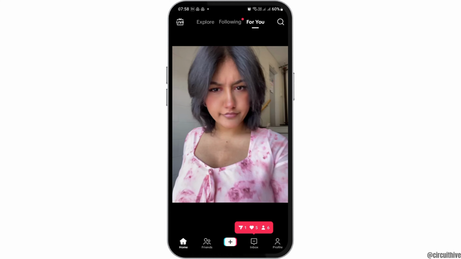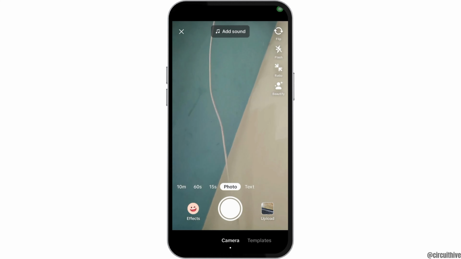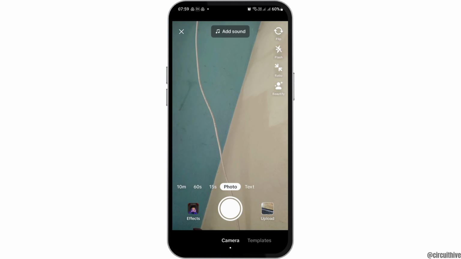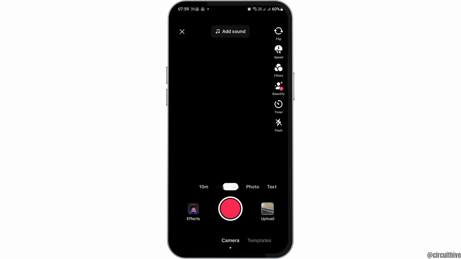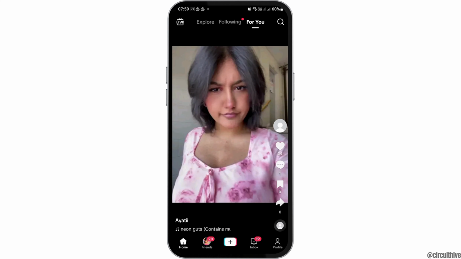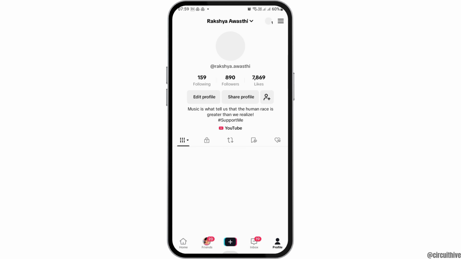Now you can see the next interface like this, and you also need to make sure that you have about 1000 followers on your TikTok, because if you do not have it, you cannot go live on TikTok. For example, I did not have it, therefore I did not have the option of going live on TikTok. Therefore, you have to make sure that you have 1000 followers on TikTok, and if you have 1000 followers on TikTok, you can go live on